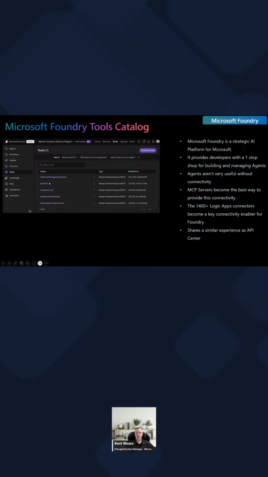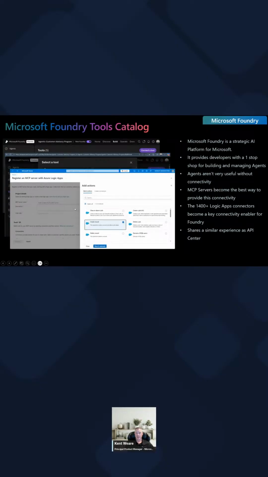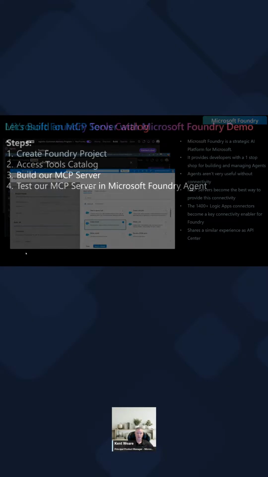We can see existing tools that this developer has added to a particular project in Foundry. And from there, you can go ahead and search for different tools and then go through the wizard to provision it. Now, Foundry also has some other MCP capabilities outside of Logic Apps as well, but really what they've done is unified all of those options in a single location.